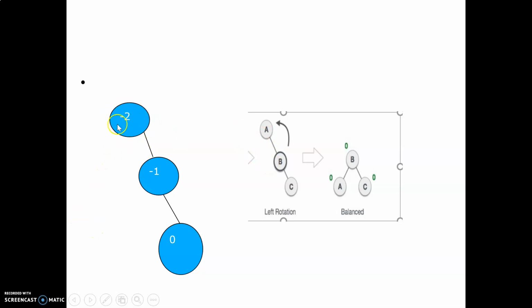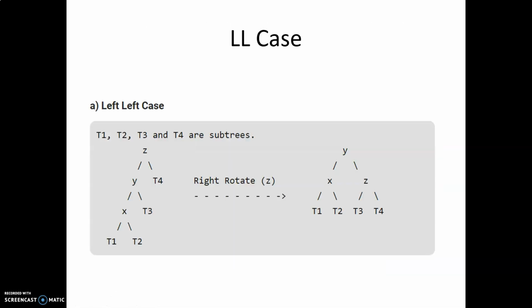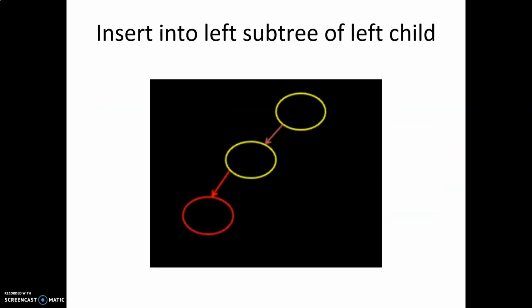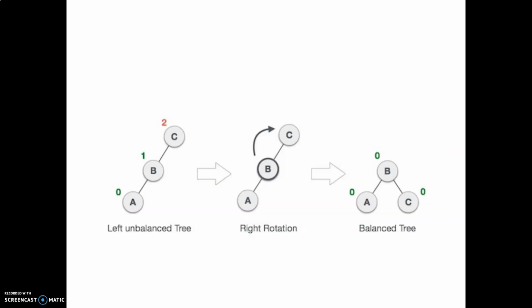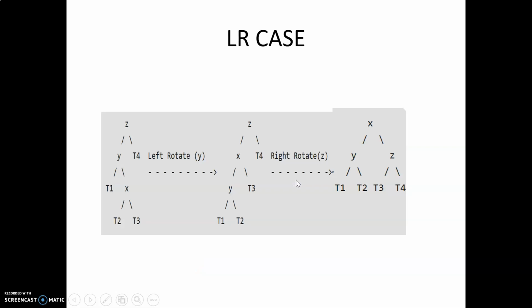Left rotation, that means the unbalanced node will come down. This is my new tree. So we have done two rotations, very simple rotations, LL rotation and RR rotation. LL rotation, simple case: if this is the case, you just have to rotate right. This is how we have to rotate. And one is the RR case. If this is the case, then you have to rotate towards left and this will be your newly inserted tree.